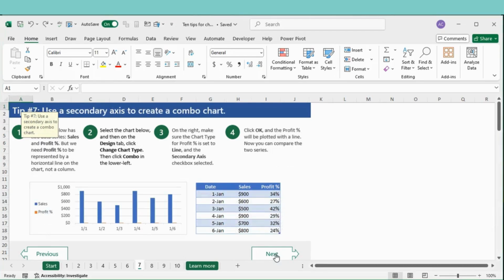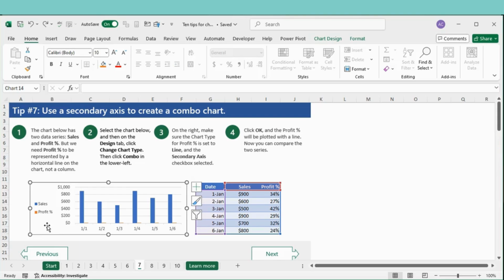Next, use a secondary axis to create a combo chart. Let's say the chart has two data series, sales and profit percentage, but we need profit percentage to be represented by a horizontal line on the chart, not a column.